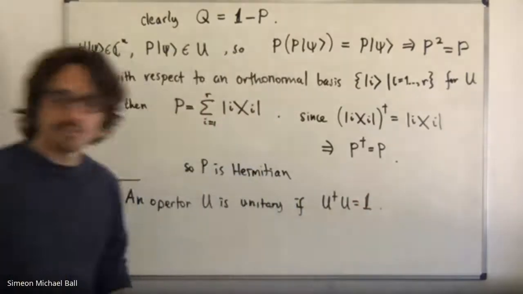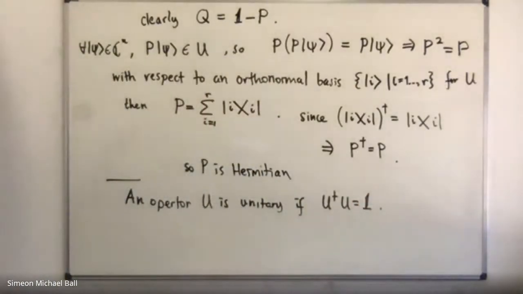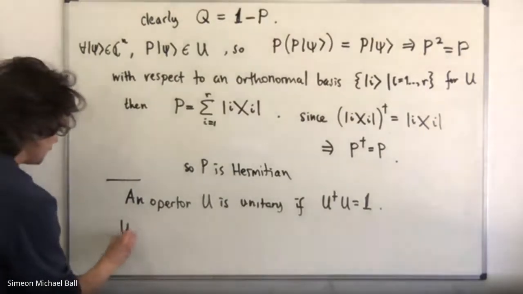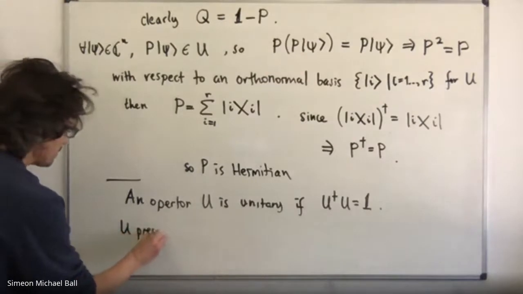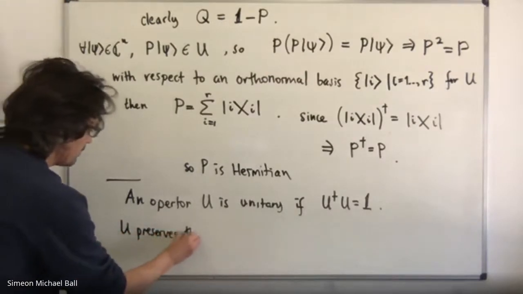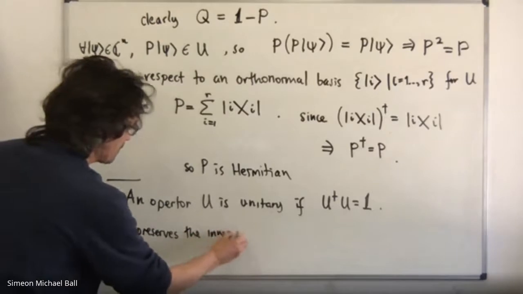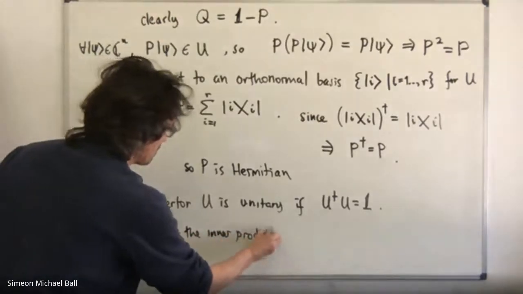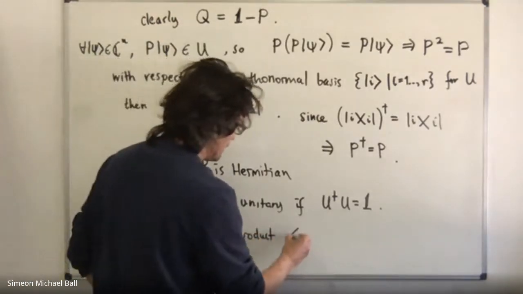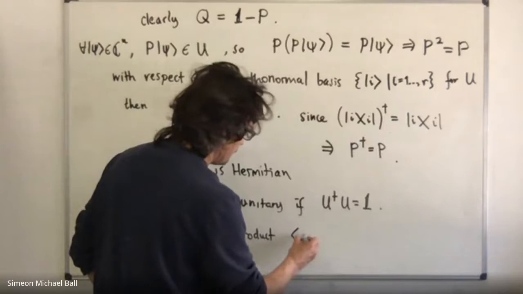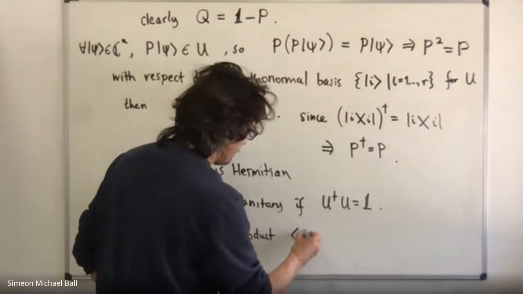Now, we already saw this before, and we decided this was going to be terribly important for us because U preserves the inner product. So if you have phi and psi,